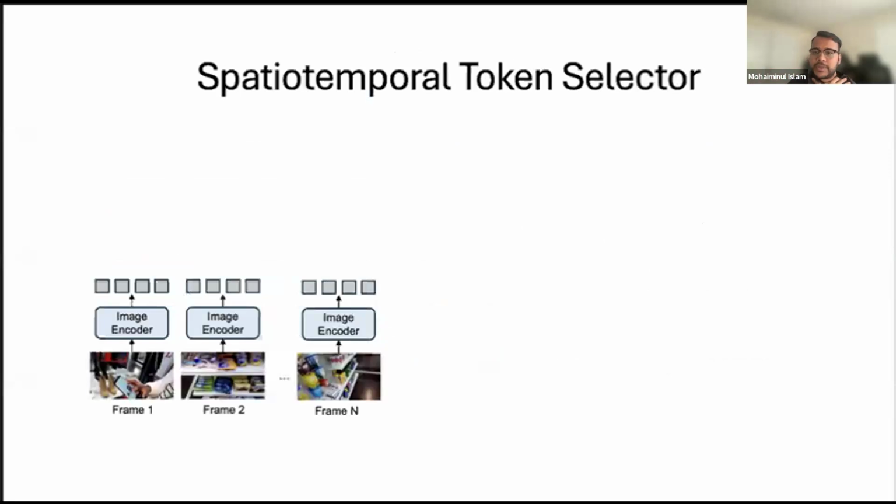Here we present more details on the spatiotemporal token selector. First, from the long sequence of spatiotemporal tokens extracted from each frame individually, we initialize some visual queries using a 3D adaptive pooling layer. After the pooling layer, the number of tokens reduces by orders of magnitude, for example, 16 times. However, this pooling provides a good initialization for our queries, but it cannot capture fine-grained details within